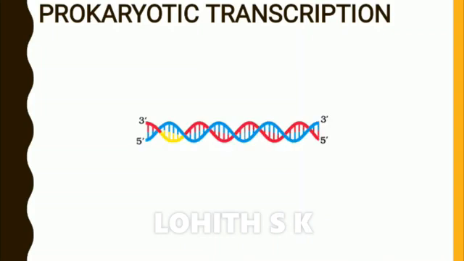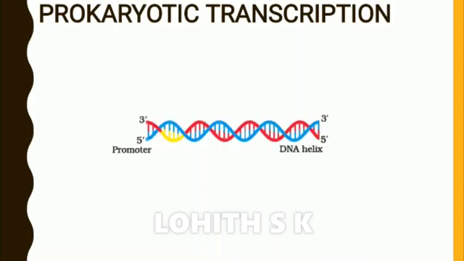See here, this is the double-stranded DNA molecule. Actually this is a short segment of a DNA molecule, so we can call it a transcriptional unit because it has the information for the synthesis of a specific type of RNA molecule. As we all know, DNA is double-stranded. You can see one strand is running in the 3' to 5' direction and the other strand in the 5' to 3' direction, so the strands are anti-parallel. The two DNA strands are paired together due to the presence of hydrogen bonds.